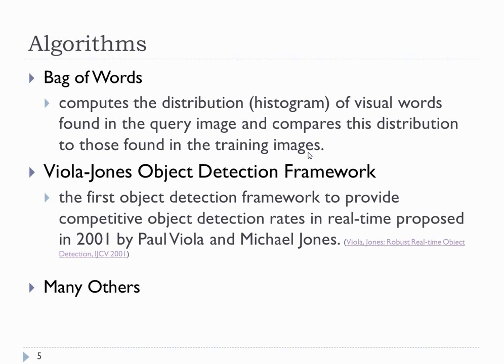And these are a couple of the algorithms that I spoke of earlier. Bag of words, again, is one of them. Another one that's out there within the CVAC, in addition to a deformable objects algorithm, is called the Viola-Jones Object Detection Framework. Again, a lot of words, a lot of math, but the easy way to talk about it is it's an extremely quick object detection framework that can process some of these images almost in real time and identify certain